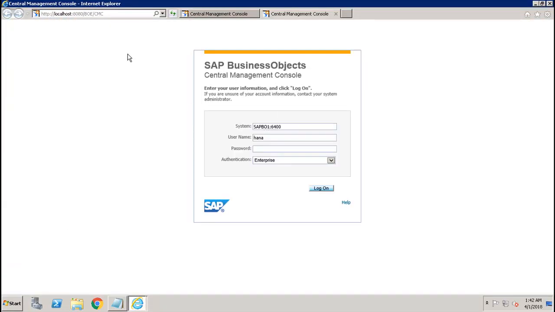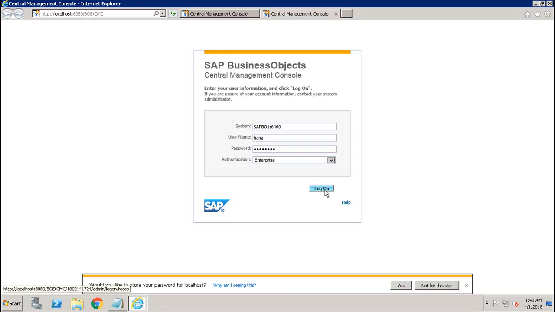So you can see that this is the URL of my CMC, which is composed of the server name, then the port number, then the BOE, and then the CMC. If you want to build your own URL for the CMC of your server, you just have to give your server name, then the port number, and after that the BOE and the CMC. Then here you have to give your CMS system name with the port number, then the username, password, and after that the kind of authentication you are using. So if you log in here,